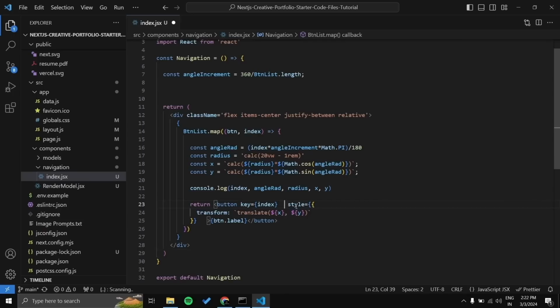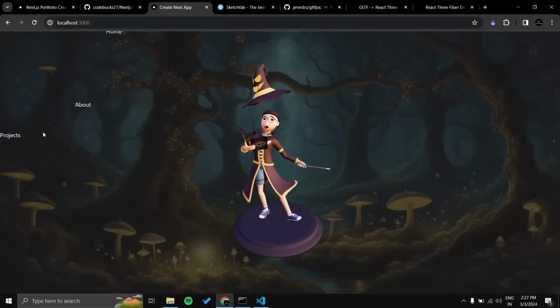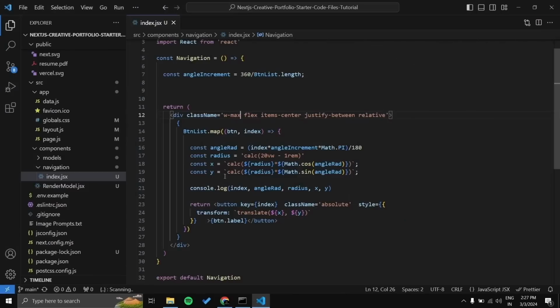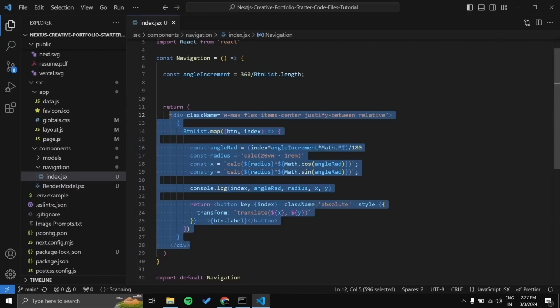That's it. Also, let's make its position absolute. Let's save this. Now, as you can see here, the buttons are on the left side of the screen. So let's fix all of them in the center. For that, let's create one parent div,